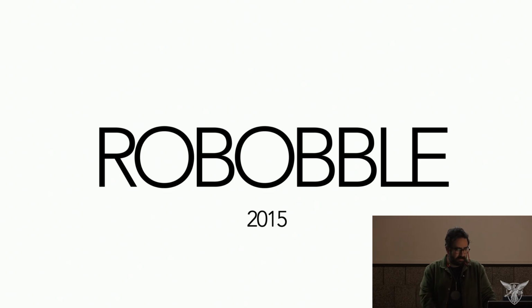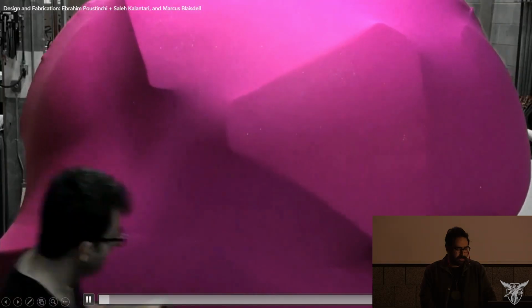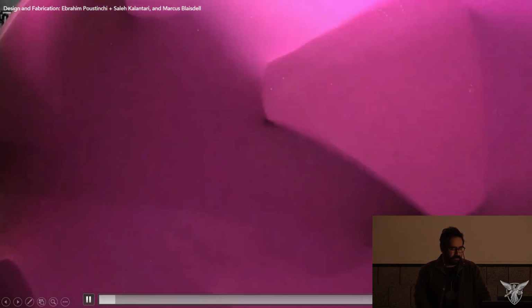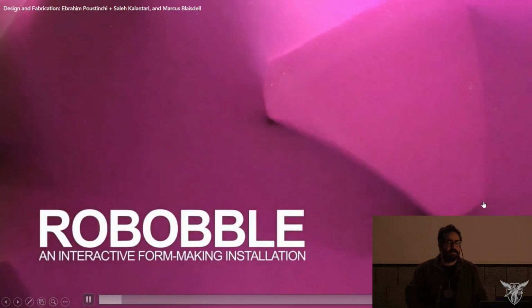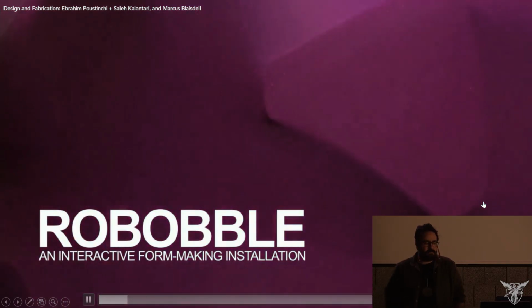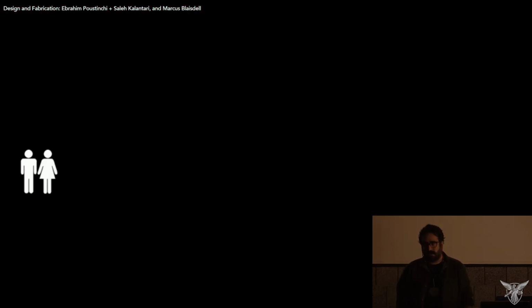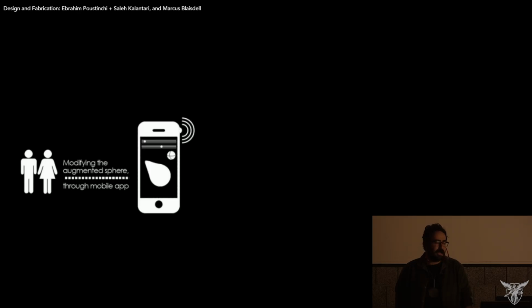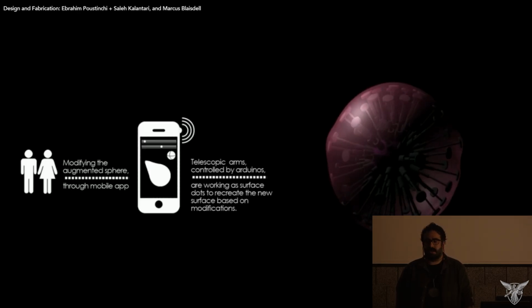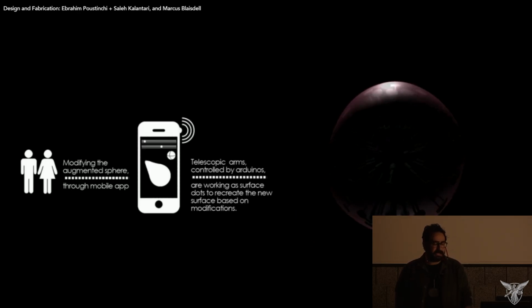Or another example of this connection would be RoboBuild, the 2015 project, which we did during my time at Washington State University, which is basically simply bringing out a 3D mesh of a sphere out of a computer and having that connection physically available.